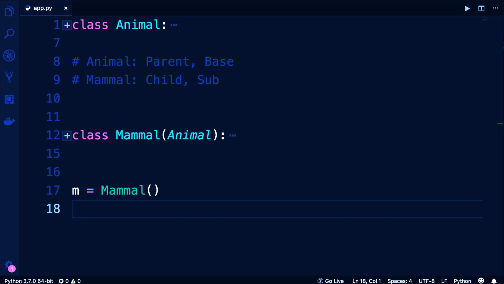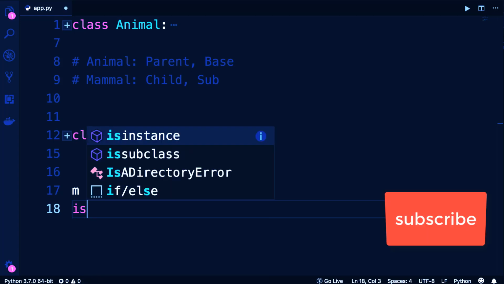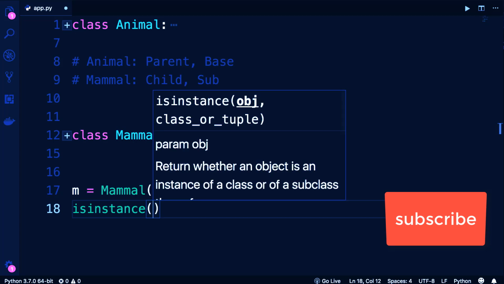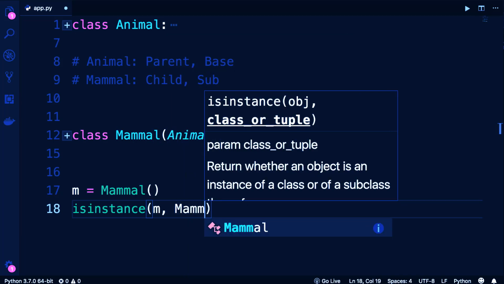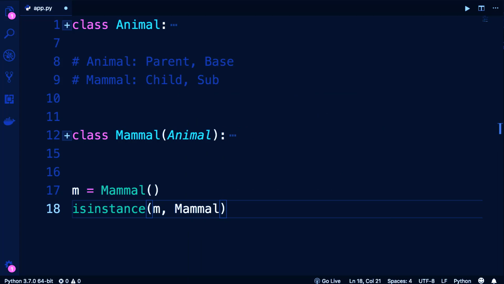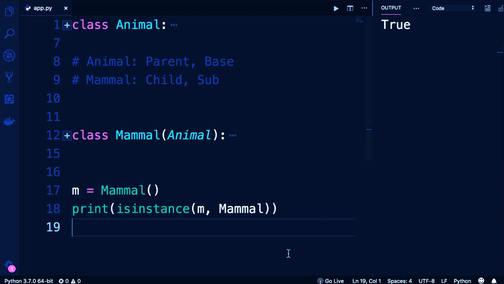So in the last lecture, we defined this mammal object. Now let me show you a couple of useful built-in functions. We have this function isinstance, and it tells us if an object is an instance of a given class. So if we pass m and Mammal here, obviously this m object is an instance of Mammal, so when we print the result, we should see True. What if we pass Animal here? Let's run the program. We still get True, because Mammal inherits from Animal,